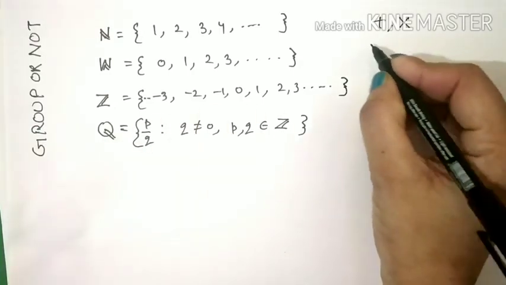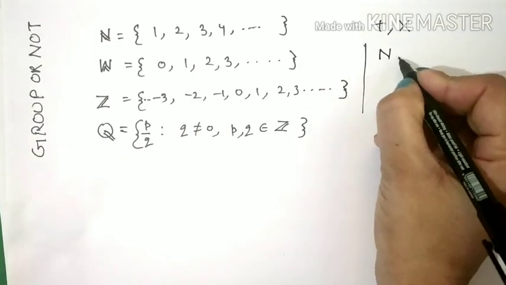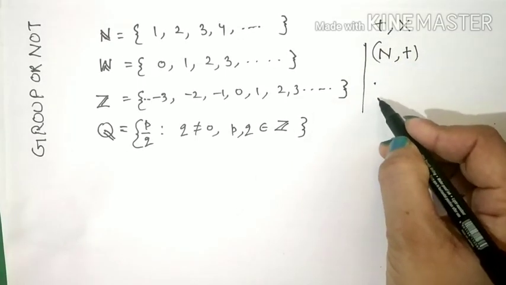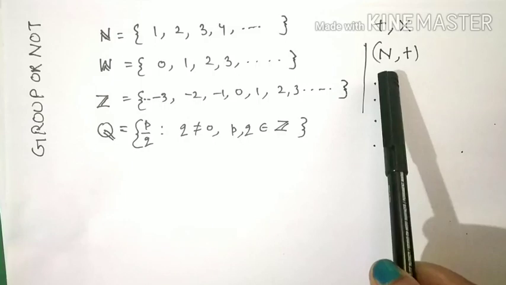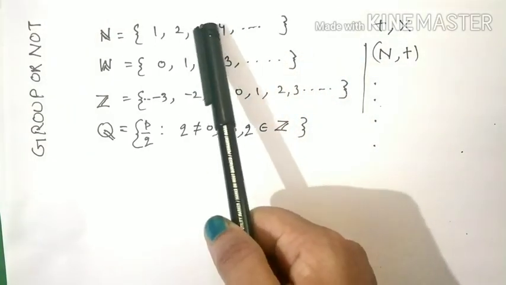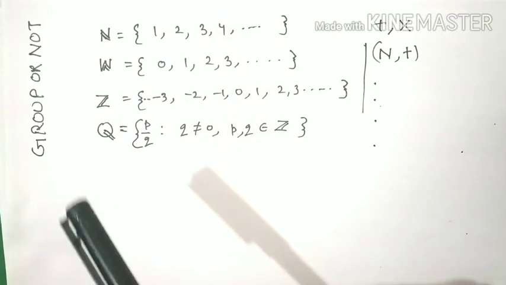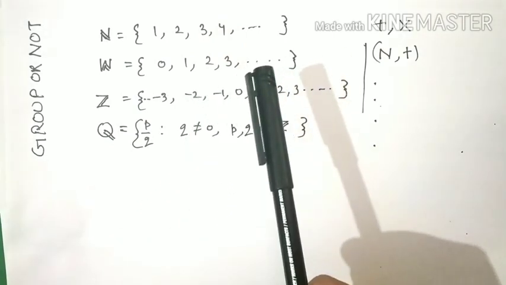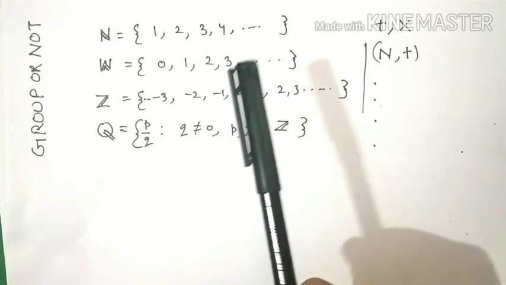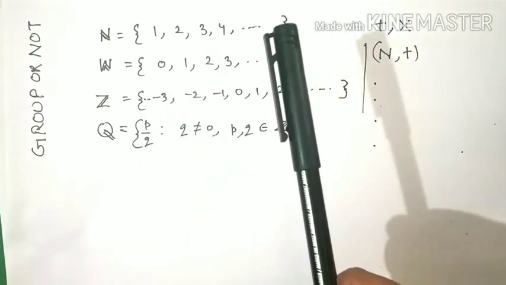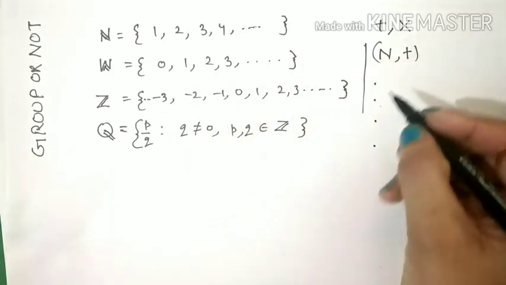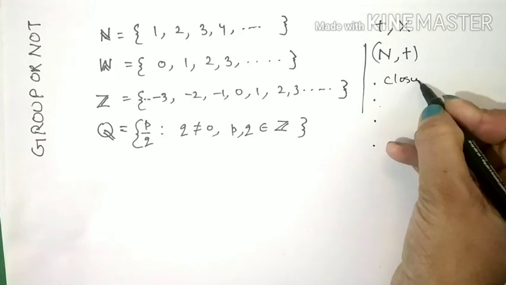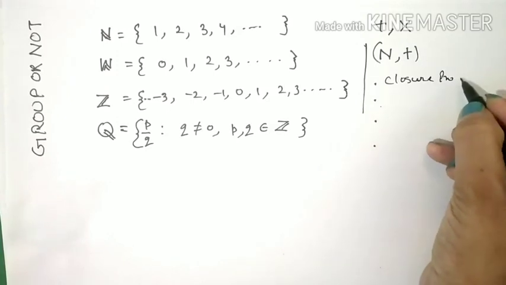First of all, we combine the set of natural numbers with the plus. So we are going to check those four properties, whether they are true or not. The first property, closure, means if you take two elements from this set, their sum must be an element of the same set. If you add two natural numbers, whether 2 and 5, or 120, whatever numbers you take, when you add them, you get another natural number. That means this closure property is true.